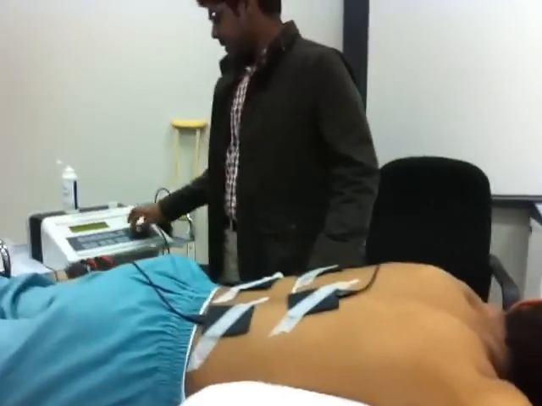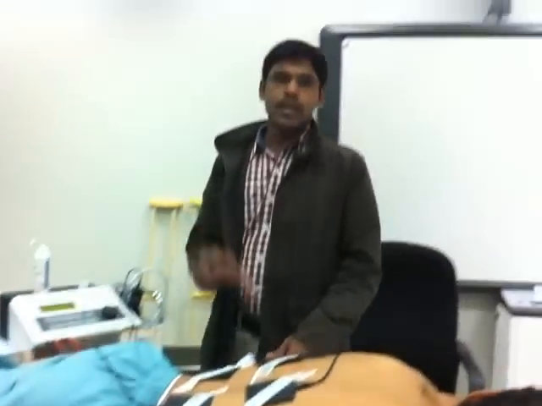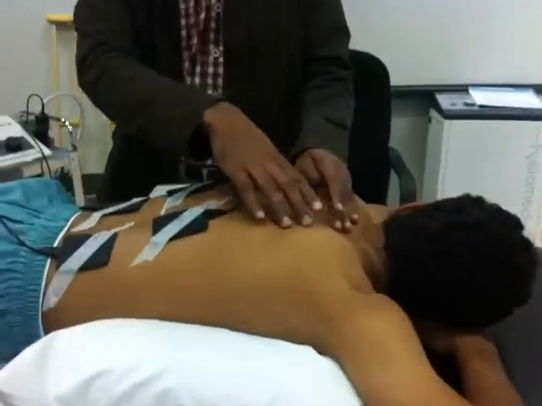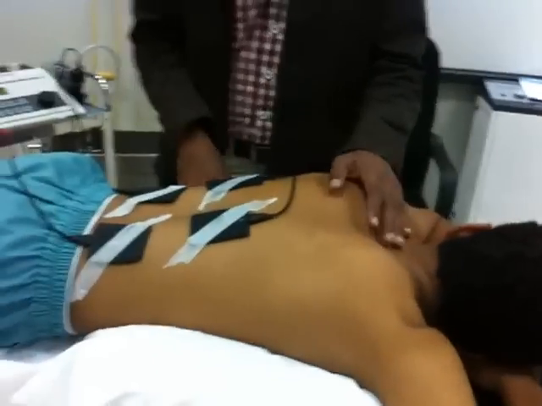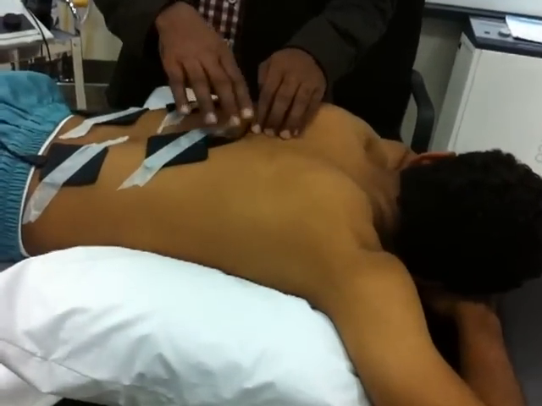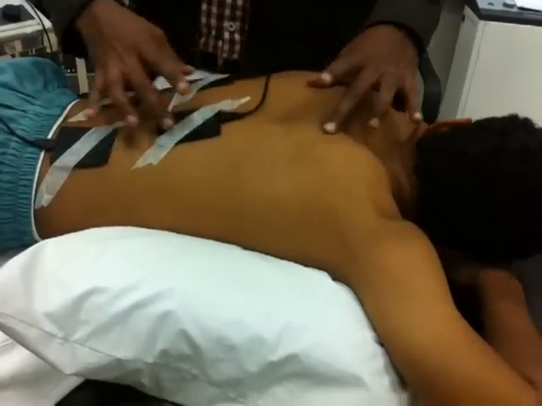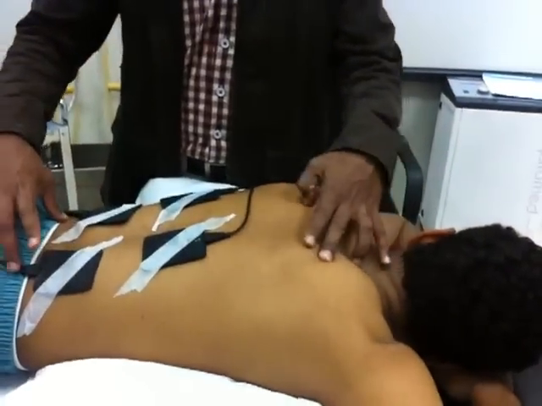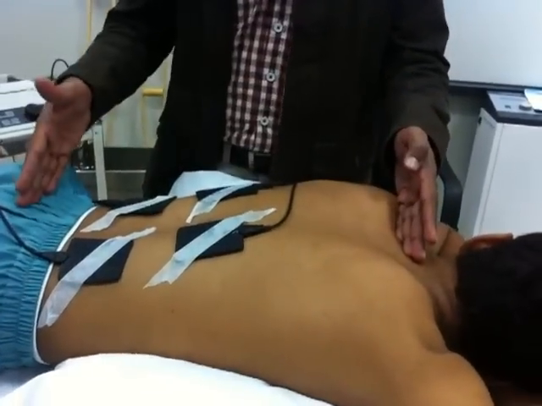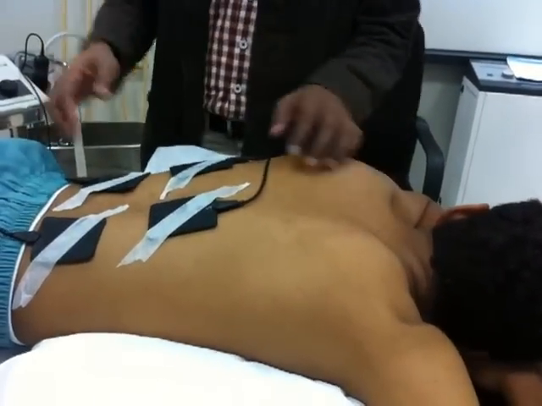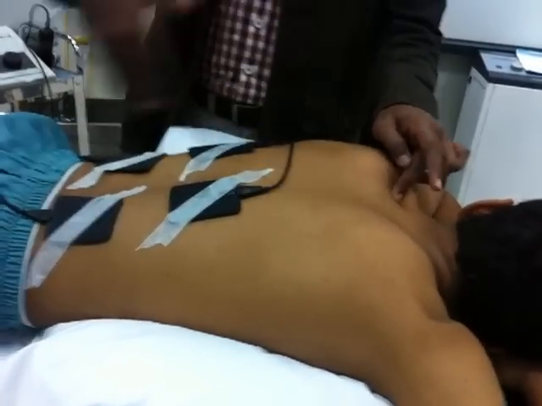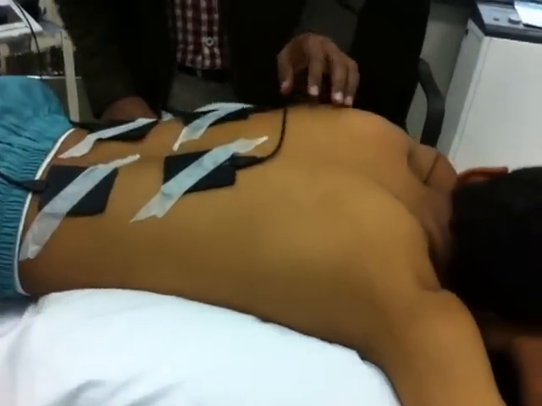So depending upon the area of pain, for example, if the patient has whole back spasm, we have a muscle called the paravertebral muscle. On either side of the vertebrae you have a muscle, the erector spinae, called the paravertebral muscle. If you have spasm throughout the cervical region till the sacral region, what do you do? You go in series, like this: one red, one black, one red, one black. It's continuous.